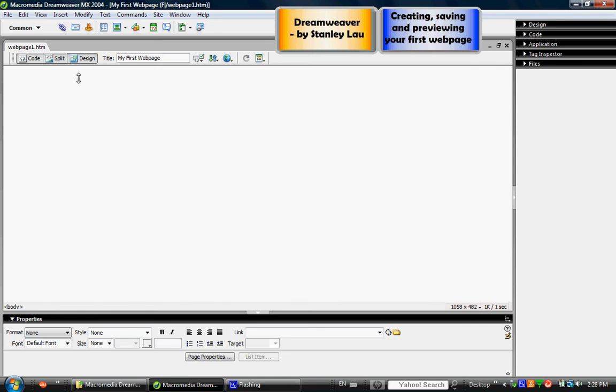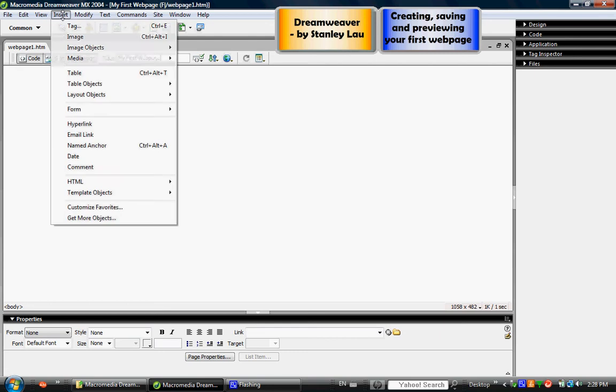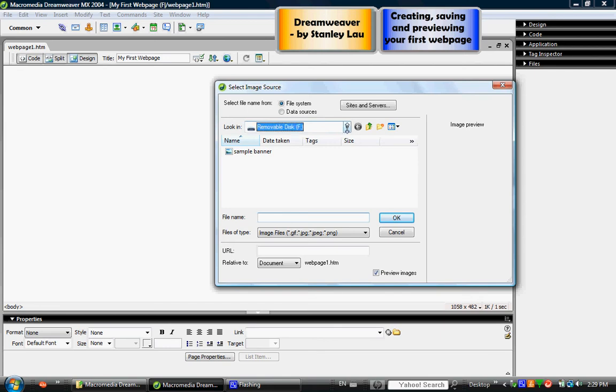Now one of the first things we can add to our web page is we can add a banner. Okay, a banner is a type of a picture that usually has a name or a logo, and we can do this two ways. You can go up to Insert, okay, and click Image, and then you can go look either in your computer or your removable disk, or you guys will be finding the banner on the school's